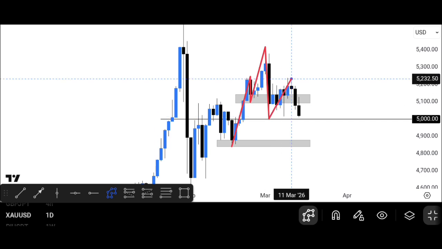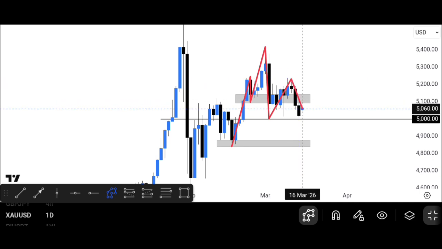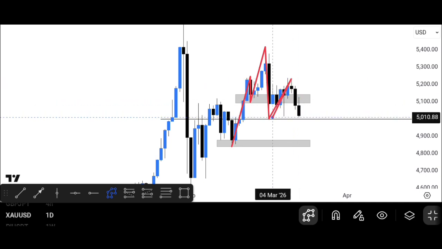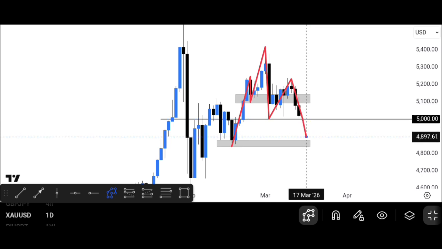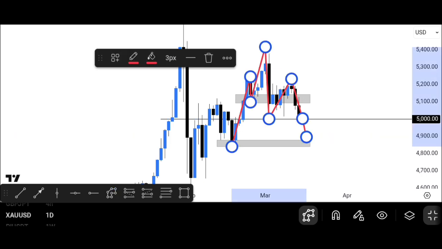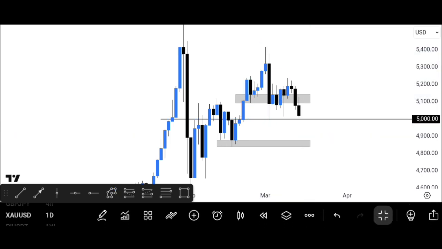That's a structure. So since we are switching from bullish to bearish, what are we going to start making? We're going to start making lower highs and lower lows, which is bearish structure. That is why we got this lower high here, and this is an equal low, right? And potentially we might see price make a new lower low. You get? So this is the structure we are seeing on the daily time frame.